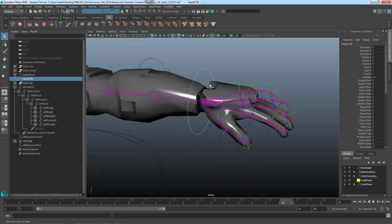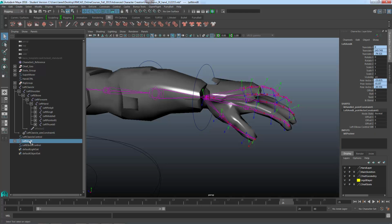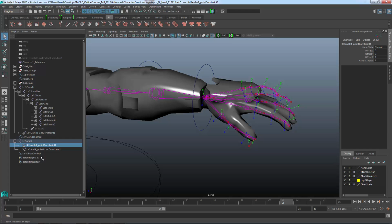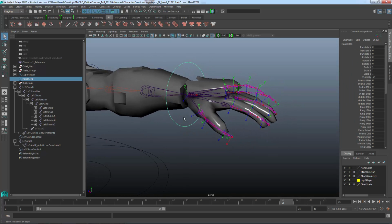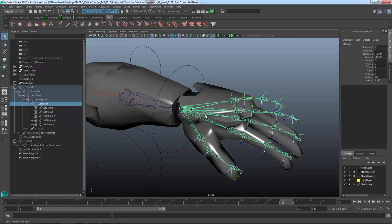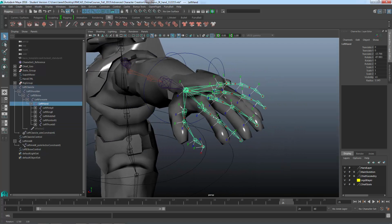So now it will not update based off of that. And this thing also is taking the handle with it. So the IK handle, so I have the IK handle over here, left arm IK. I'm going to drop this thing down and I'll find the point constraint. Left handle IK point constraint, I'll just delete that. That way I don't have to worry about it updating with this controller. So selecting the hand, I do have